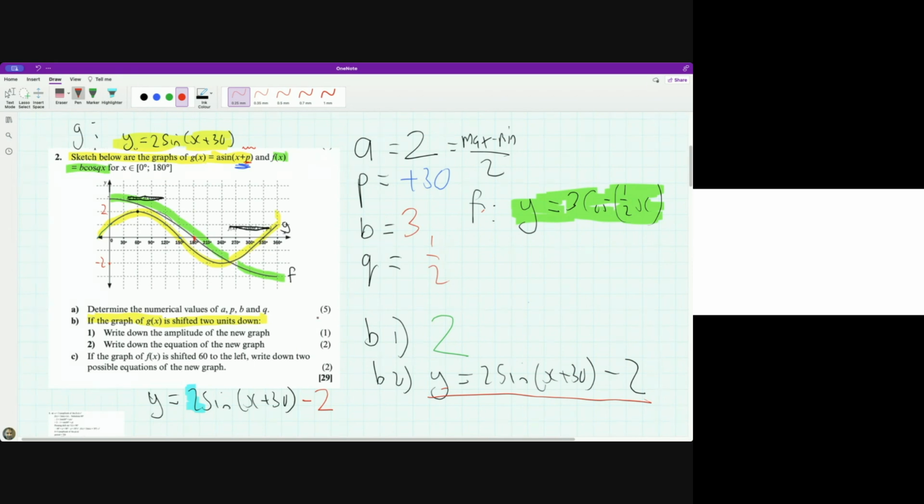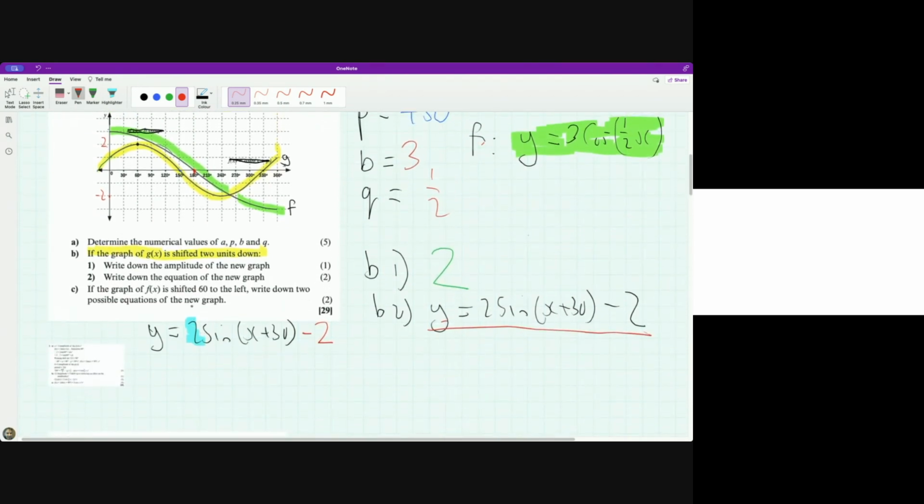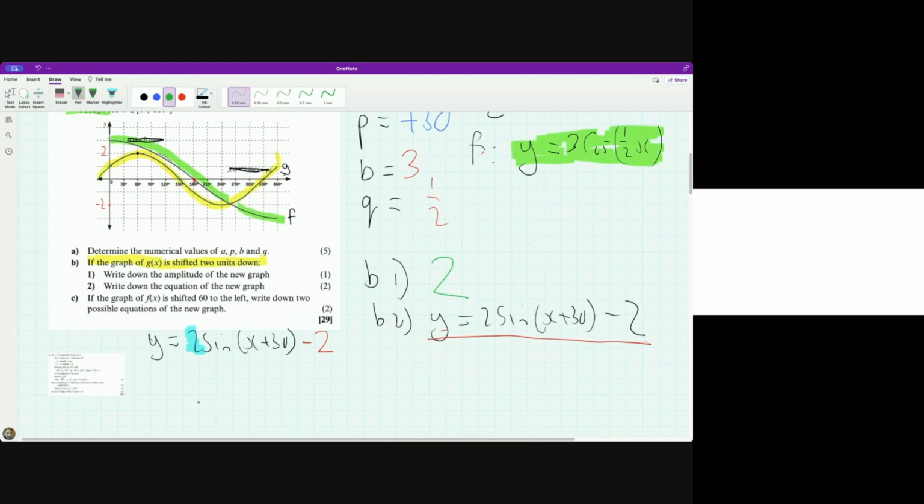Okay, now it says, last one, if the graph of f of x, so what is the graph of f of x? It's this green one. So if the graph y equals 3 cos a half x is shifted 60 to the left, write down 2 possible new equations of the graph. Okay, I'm going to do this one for you because it's a bit weird, but basically what you need to do is, for this new one,